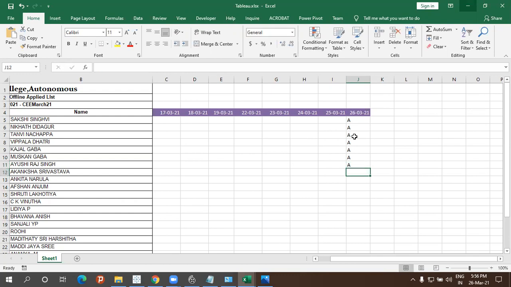Akanksha. Present, sir. See, being in that class only, how many absents? 3, 6, 7. Ankita, present. Present, Hafsan, sir. Present. Who is this? Shruti. Absent. She's not there from the first class.